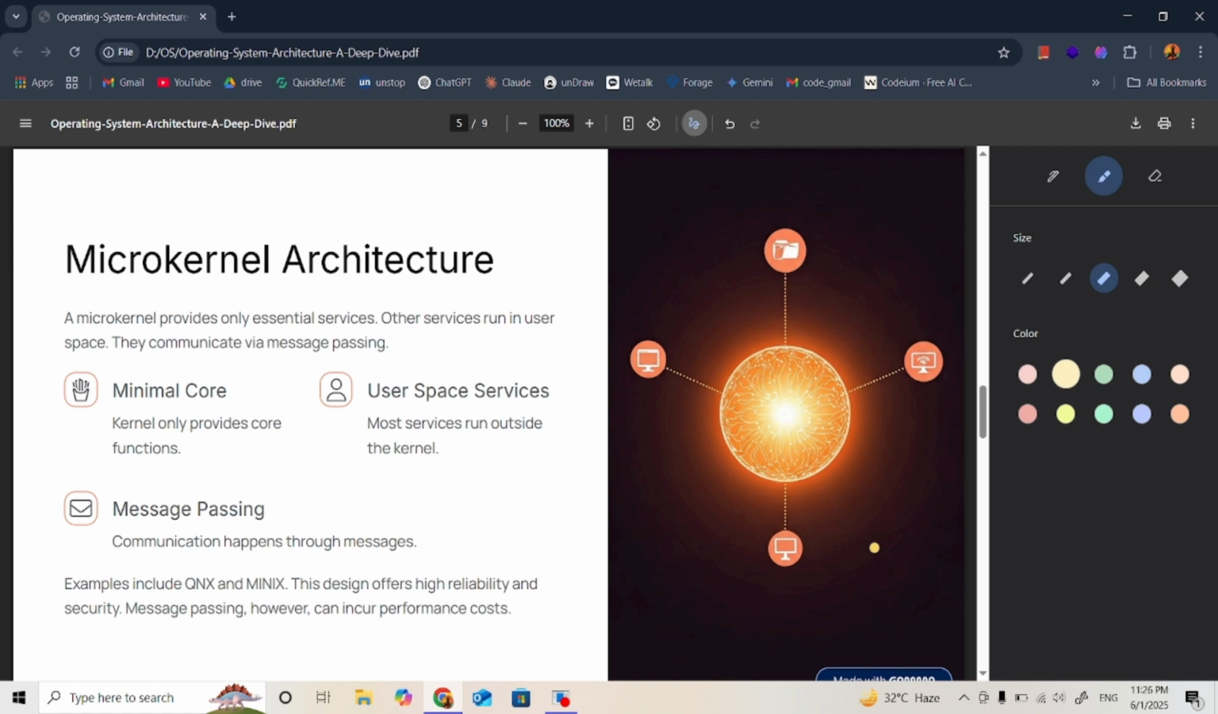Next, we have the microkernel architecture. A microkernel keeps only the essential services, and other services run in user space. What this means is, as mentioned here as well, minimal core functionality is provided in the kernel. After that, most of the functionality in this architecture is available in modular form. So most of the functionality is also available